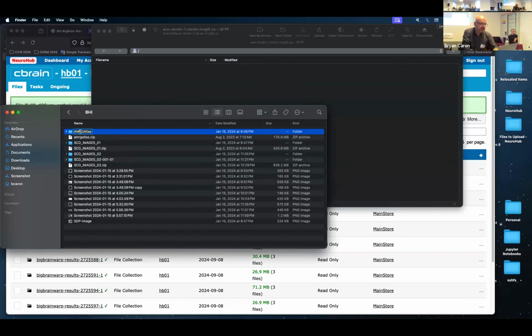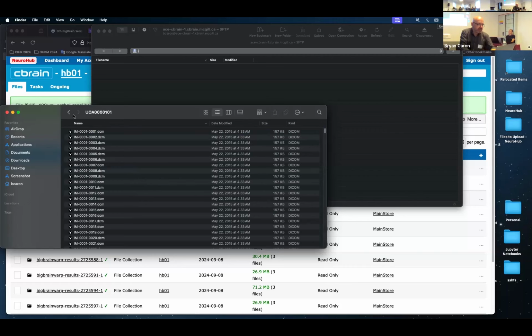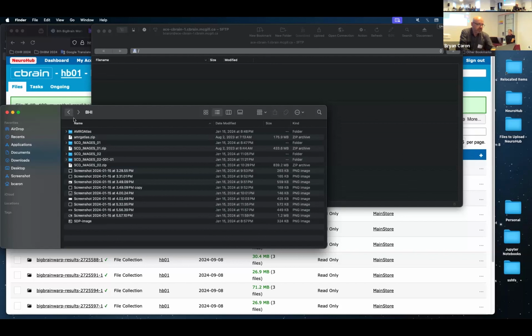Right, so if I go in here, you'll see it's a bunch of other directories, and I think in this case, it might have been a bunch of DICOMs. It doesn't really matter, but what I'm going to say is, this is the directory containing all the files I want to upload. All I have to do then, in my case, for CyberDuck, is drag it. Oops, let me drag it. Oh, it's going to let me drag it.